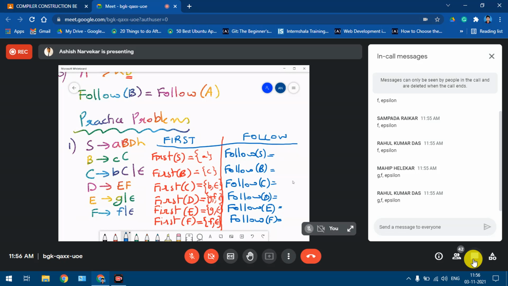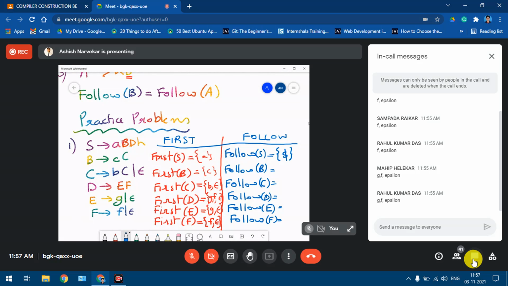Okay, so to start with, as per our basic rule that we discussed, the follow of the start symbol will always contain a dollar. So let's put a dollar. Or I think we need not wait, because we can see that S does not appear anywhere in the right hand side. So whenever S appears only as the left hand side as a start symbol, by default dollar is a compulsory element in the follow set. So that's it. We need not check for more right hand sides.